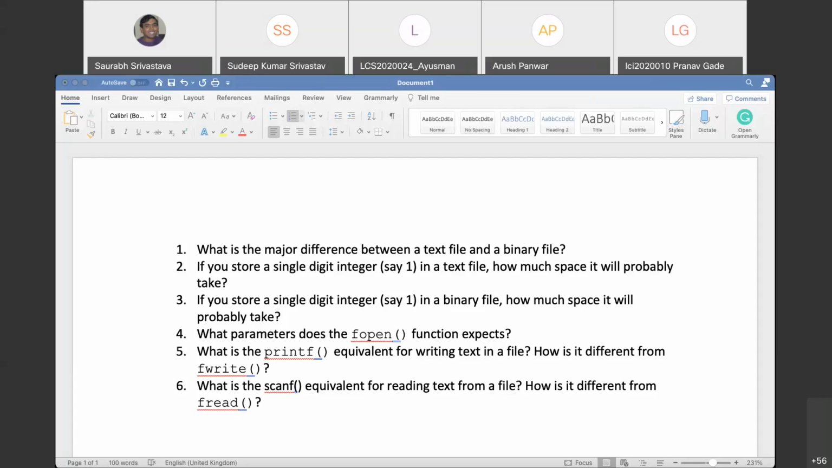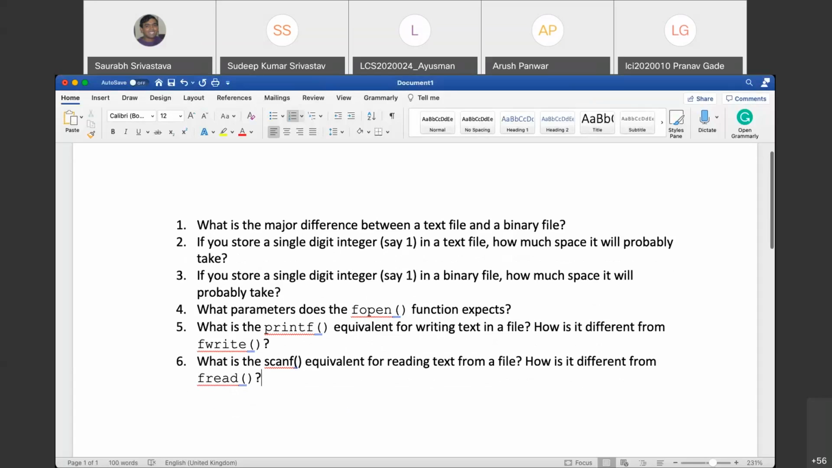Okay, so what have we done now? Okay, handling files using a C program. The answer to this is basically,